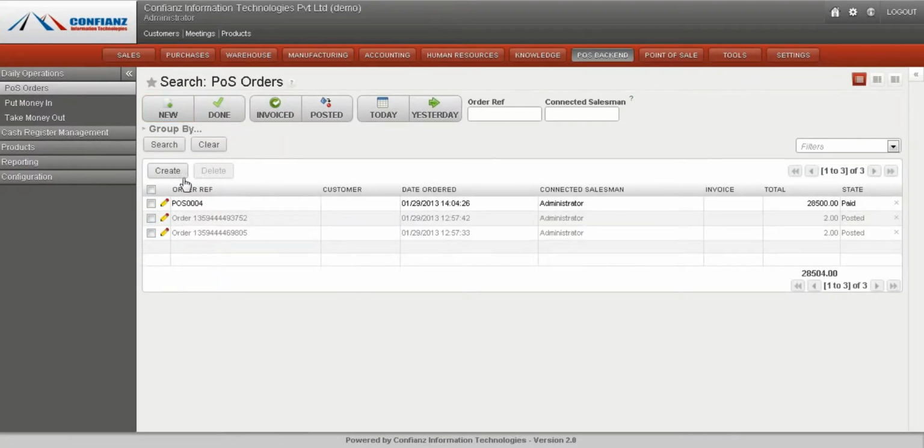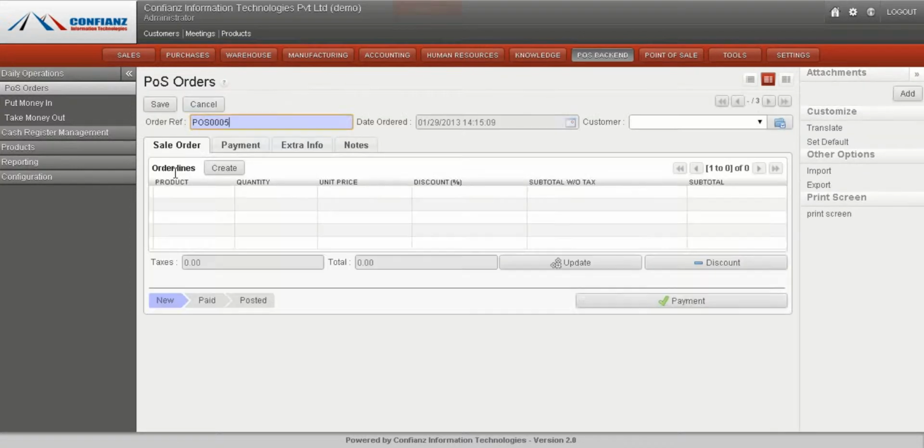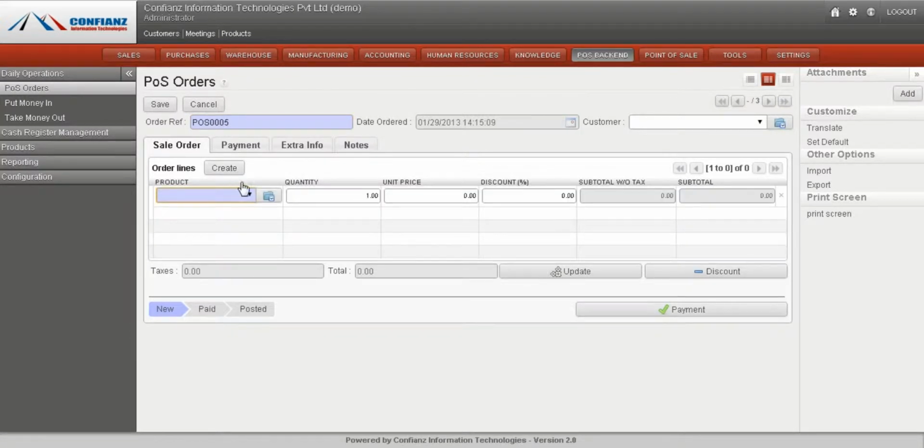we can click on create. The main benefit of a point of sale order is that we can sell a product without noting the name of a customer or his address or anything. We can just note the time and the order reference and the product and the quantity, the unit price. Only such details will be taken into account. Okay, we can select a product,